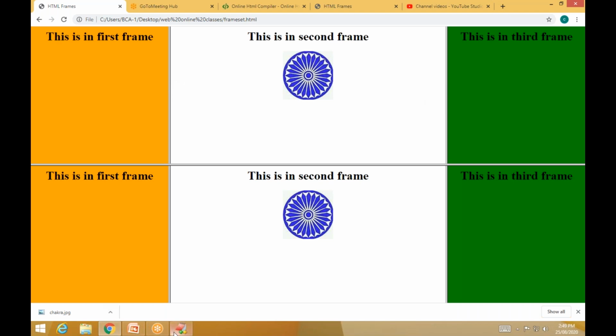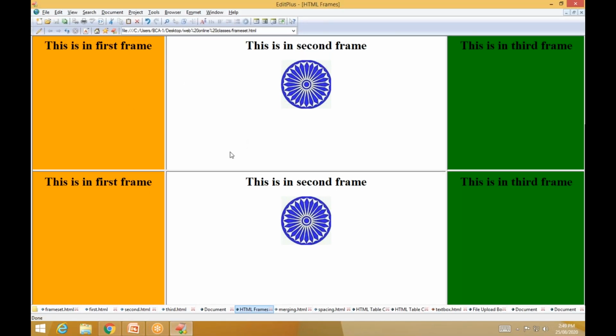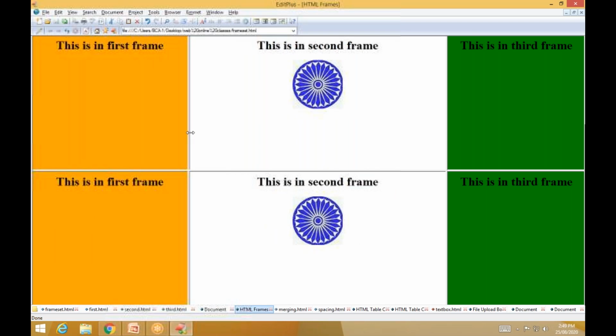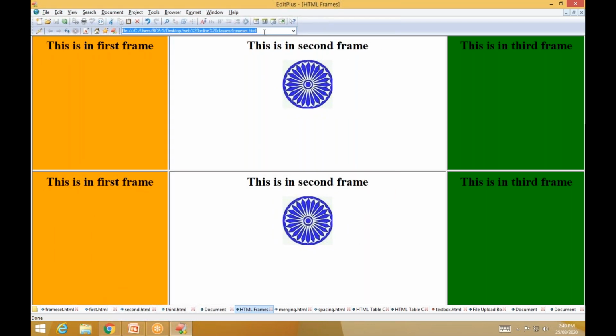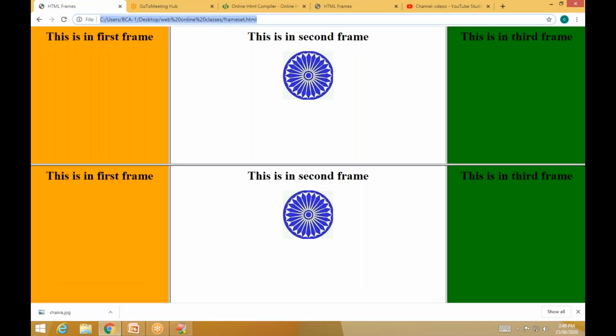Because this is the editor, you can edit also here. Same link I want to execute in the browser. See, now you cannot resize; the actual size you have given will be created like this. So this is how to create frames.